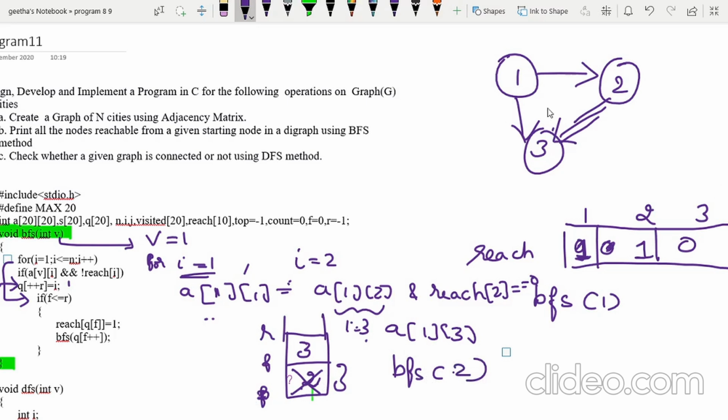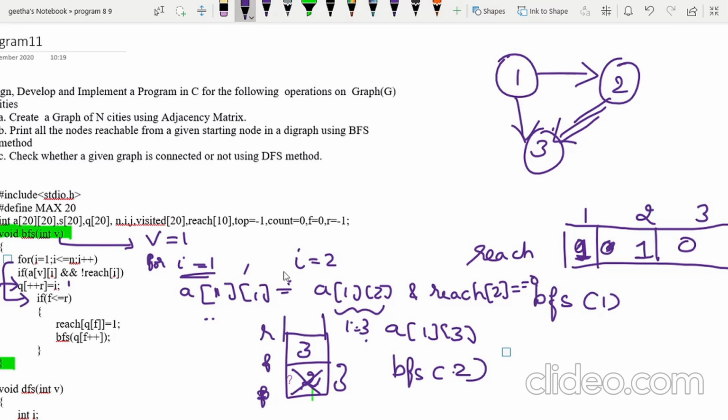That means you want to verify the adjacent nodes of 2 also, if those nodes are not already visited. So this function will be called, and BFS of 2 is going to check whether there is any other unvisited node.